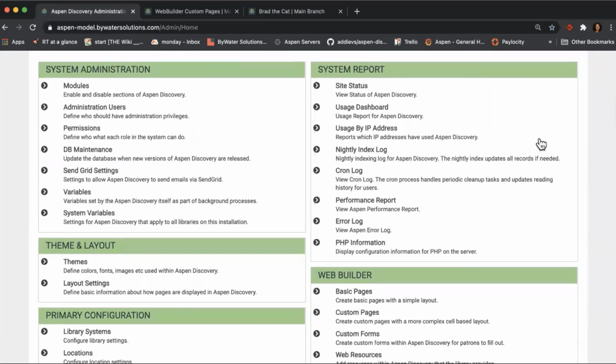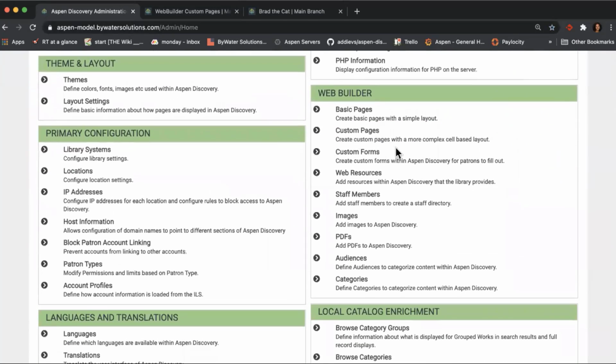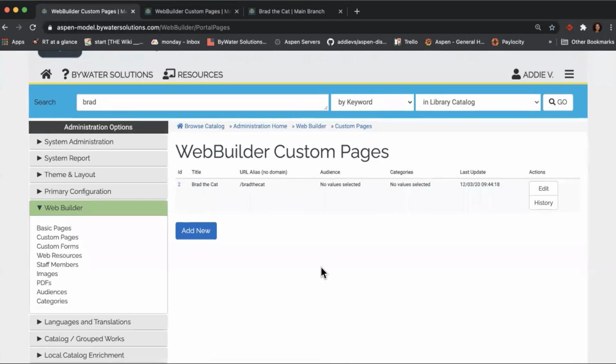So we're going to scroll down to Web Builder and we've got our custom pages. So this is a step up from the basic page. If you watch the basic page, you'll know there's just one place to input information. Really simple. The custom pages are a way for us to customize a more complex web page. So I'm going to click in here. You'll see I've already created one, but I'm going to add a new one to show you all the process. I will reference this one that I have open